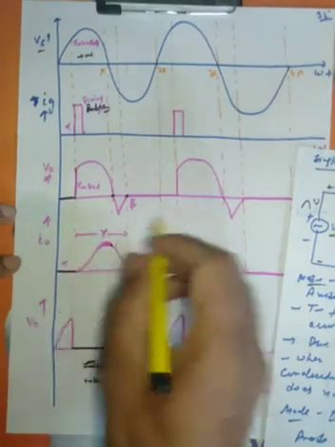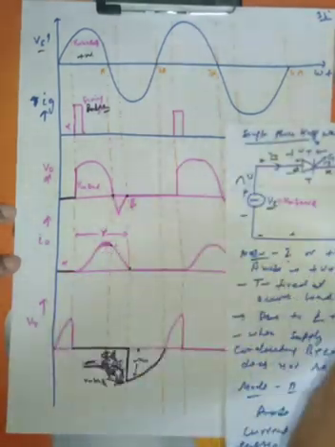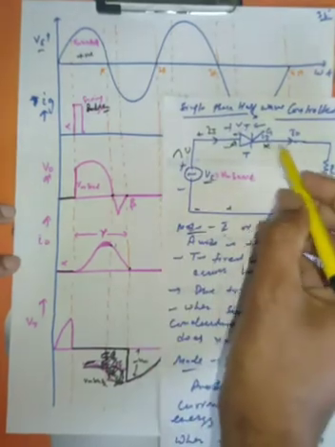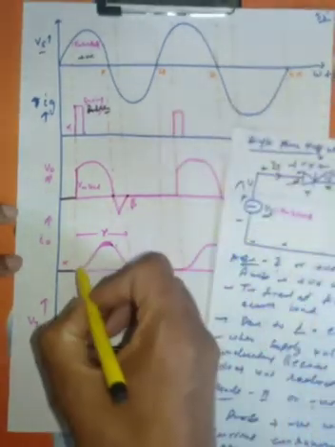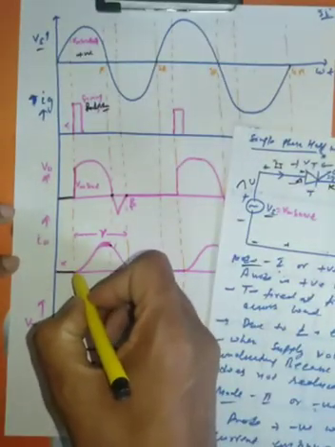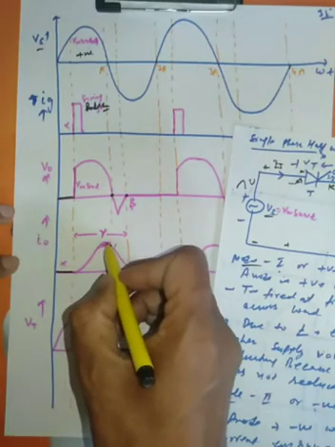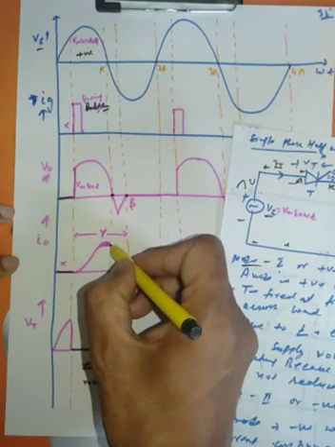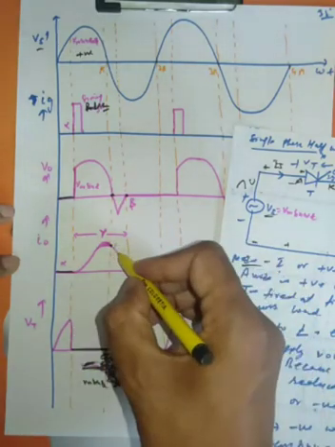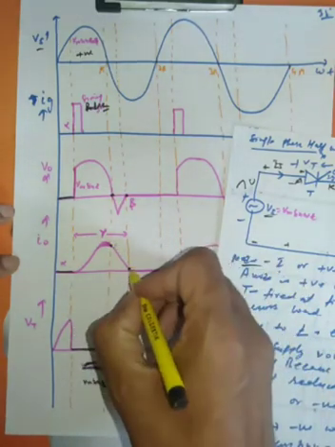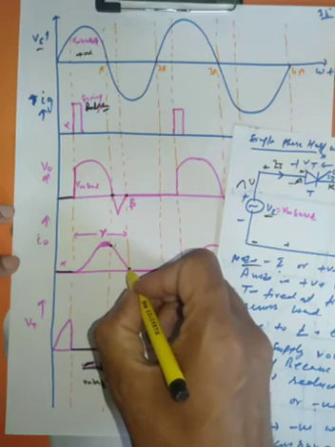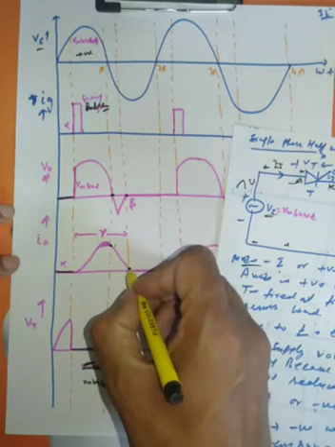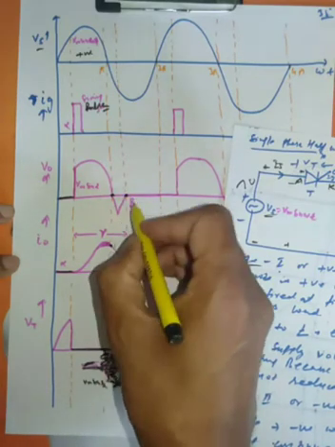Then in conducting mode, current starts flowing through it. It gradually increases and reaches a maximum, approximately near the maximum when the voltage is zero, and then starts decreasing towards zero. When the charge stored in the inductor is zero, the current is zero, and then the voltage is also zero,